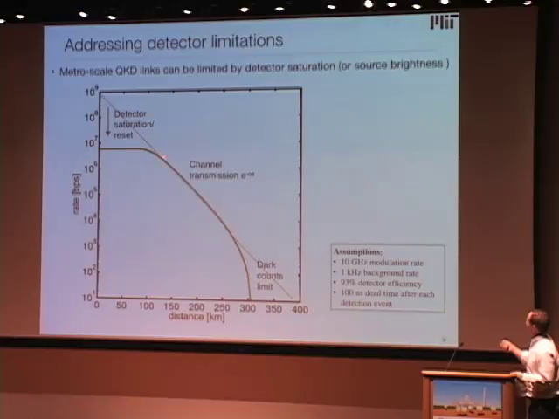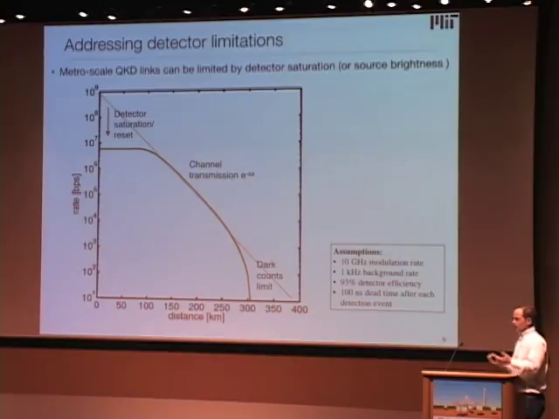Then you have the exponential loss in rate due to channel loss, and finally it plummets because of dark counts. But here there's a gap because a detector can only click so many times. So for example, here we assume a normal 10 gigahertz modulation rate on the transmitter and so on. And the point is that for low loss, and this could be even less than 100 kilometers, so it's not necessarily an extremely small distance,